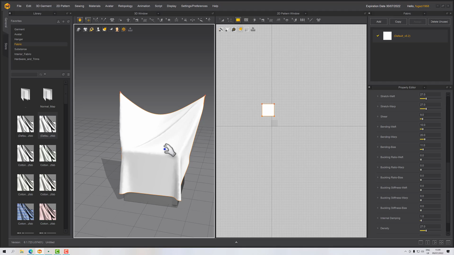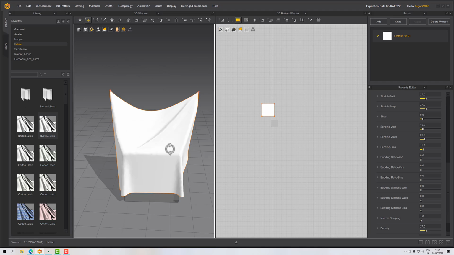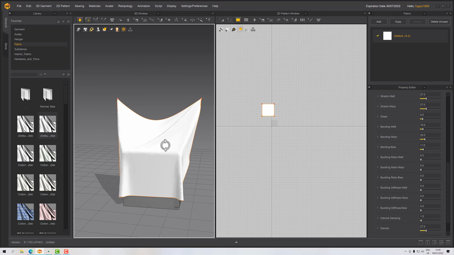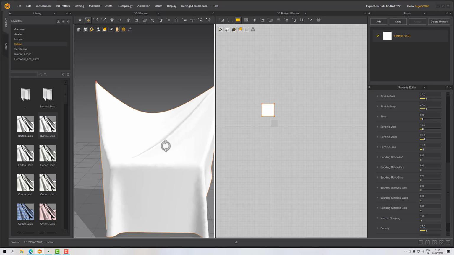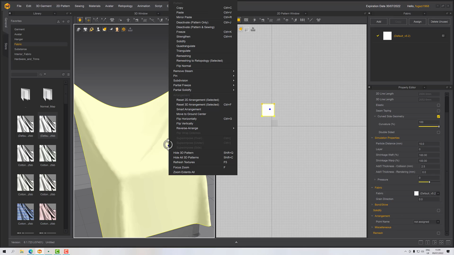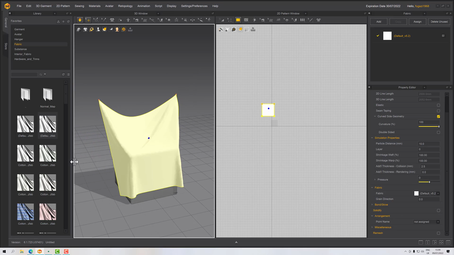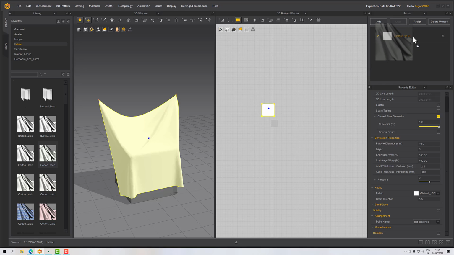You see, this is what we get. This is kind of a default neutral fabric, I guess, which doesn't really do an awful lot. We've got some folds and we've got some bits and bobs, but not a lot else. So if we sort of drag, say, cotton onto it,